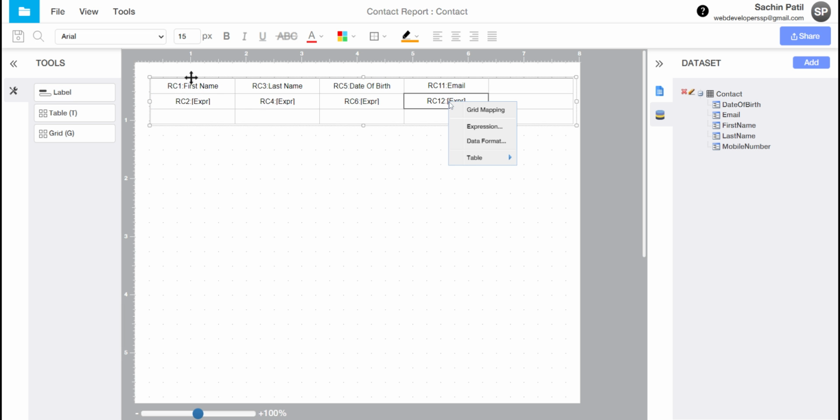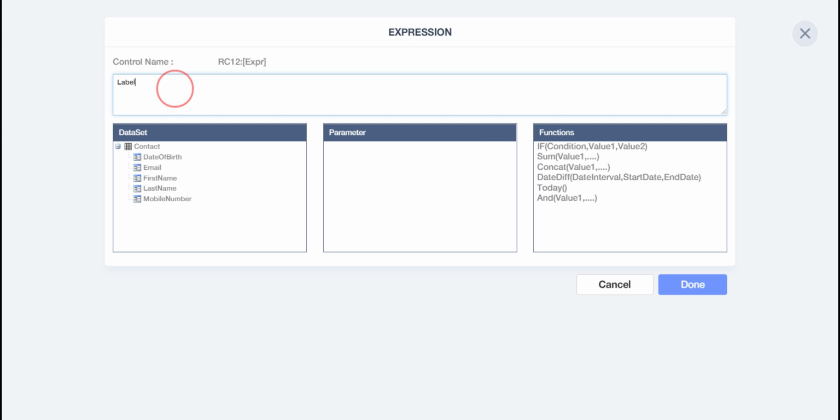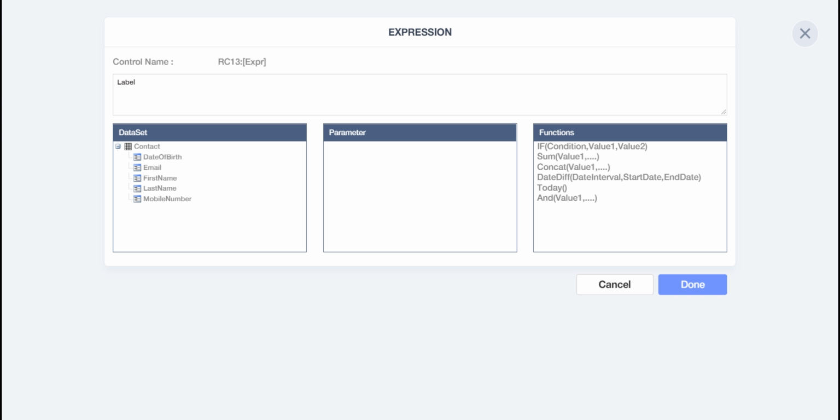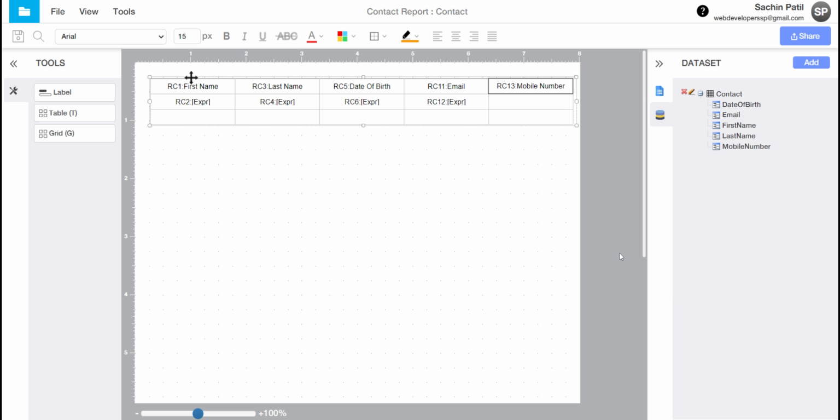So label, and then right click and go for the expression. For this, equal to email id. Okay, fine, done. And thereafter I do the same thing here. I click an expression, and thereafter I can put it, it's for mobile number. Okay, mobile number. Okay, so done.